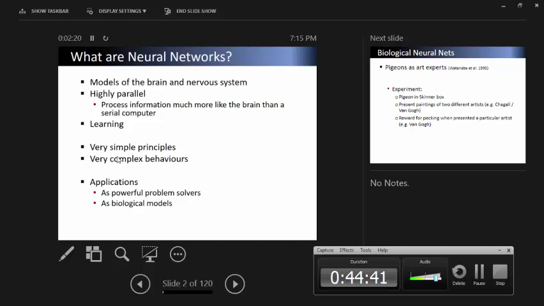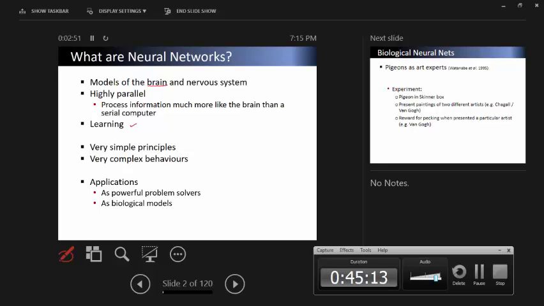Okay, what is a neural network? Neural, you understand what neural means, right? You may understand better than me. It models a brain and a nervous system. The brain system is highly parallel, and processes information much more like the brain than a serial computer. It can learn,